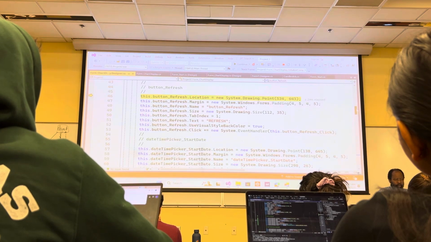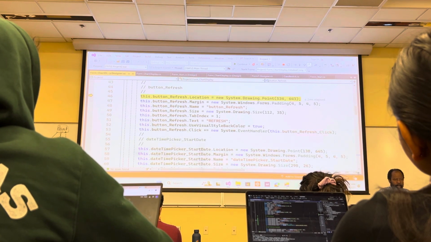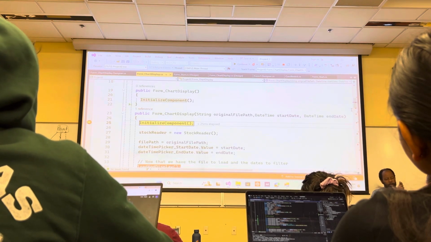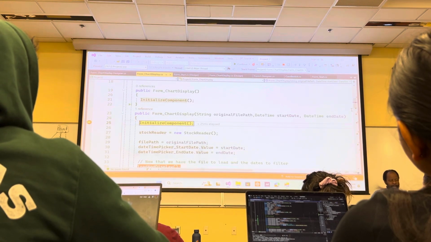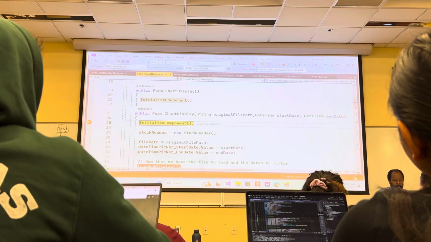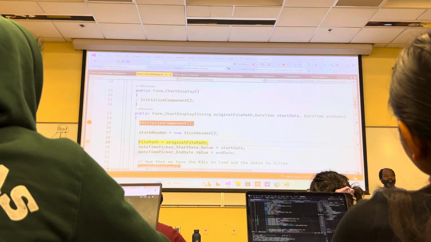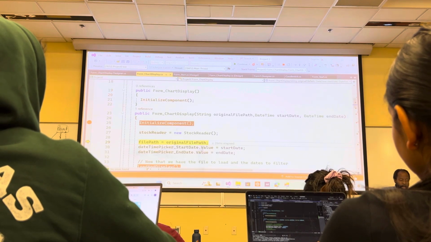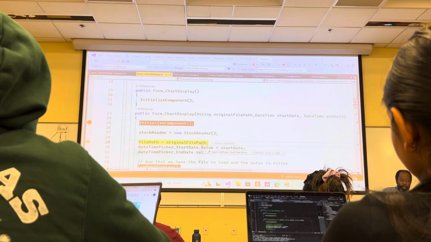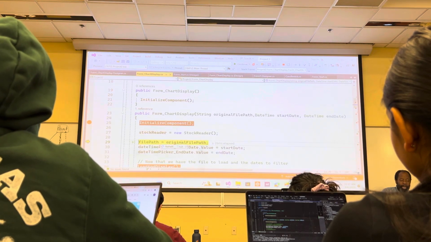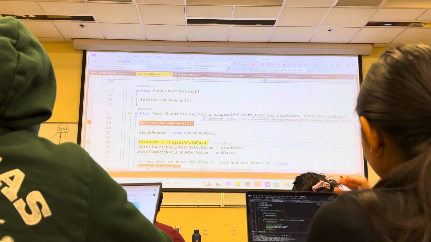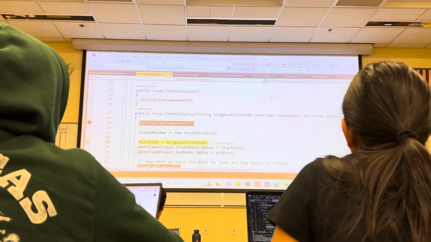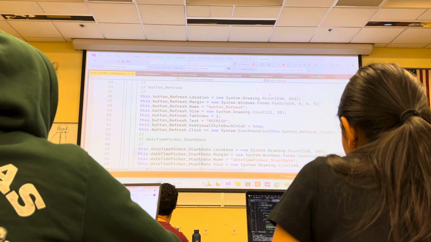All right, so that's what our code here does. We initialize a component, and remember, this is the constructor that takes 3 parameters. Now, I have a stock reader, which we don't need. I'm talking to someone who came to see me this morning. But what we want to do with the information that we're given, I'm going to save that original file path, which is the file name of the stock that we want. I'm saving that. I actually have in my chart display,